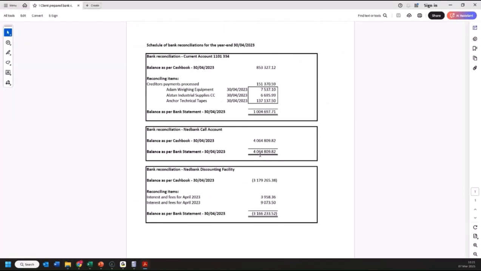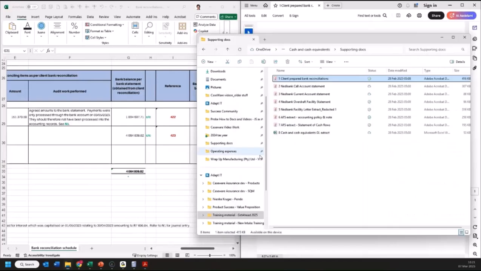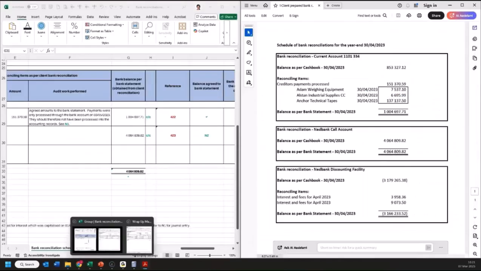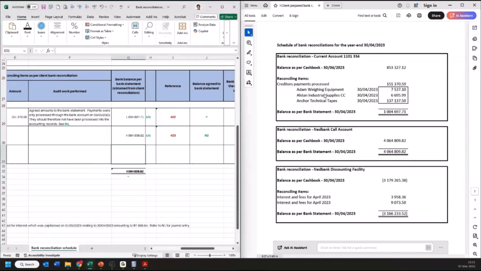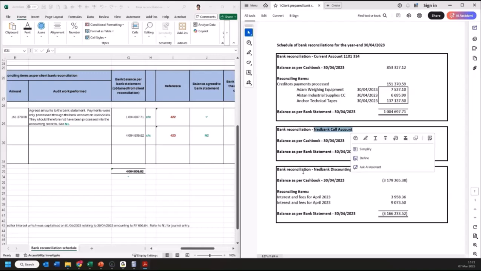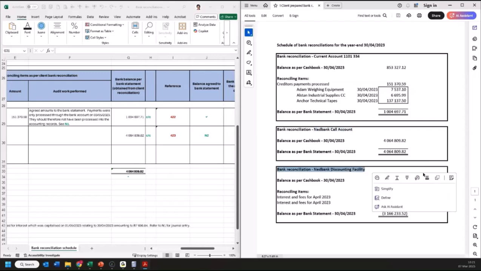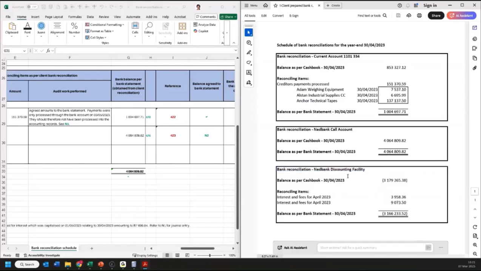All right, again, I'm going to just split it to the right-hand side. Yes, the Excel is still there. So this is the current account one, the first one that we did, the Nedbank call account. This is the one that we are going to look at now. Now, what are you noticing here? You can type in the questions if you want, but I'm noticing something with this last reconciliation. It's a similar balance to what we have, but